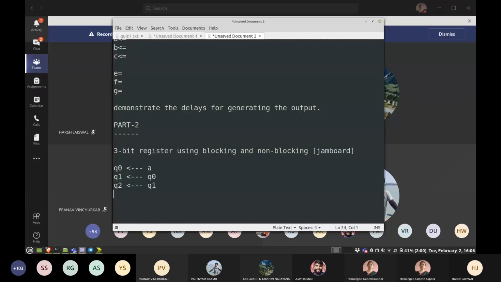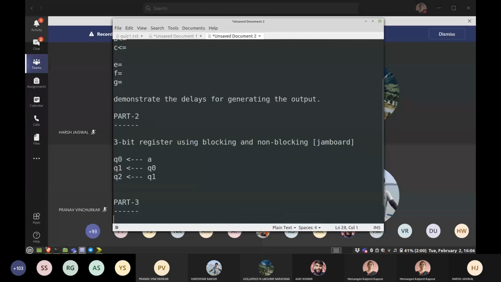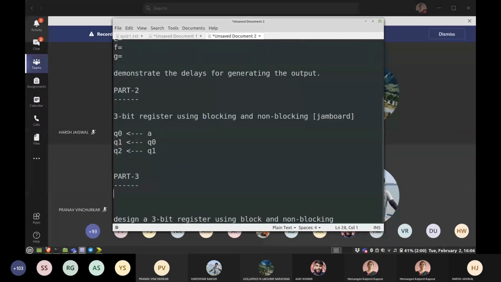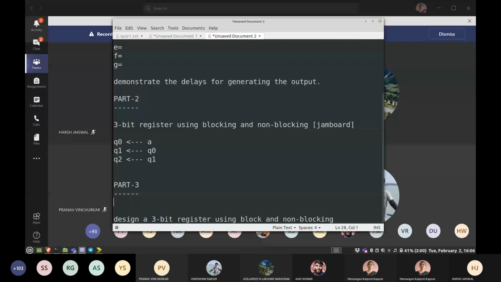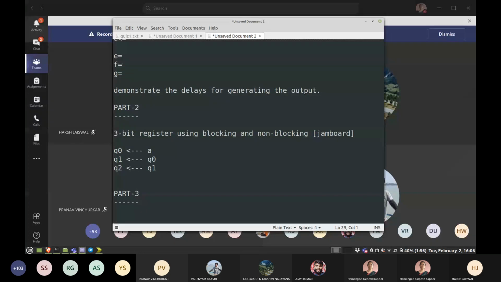And the part 3 small question is this one, which I was discussing. Part 3, you have to make a single bit. It's a single bit or 4-bit. You have designed a 1-bit register in part 2. Now you extend it to a 4-bit register. You know how to design a 1-bit register. Now make it a 4-bit register, and we did a write to register when positive clock happened, right? This is what we did.